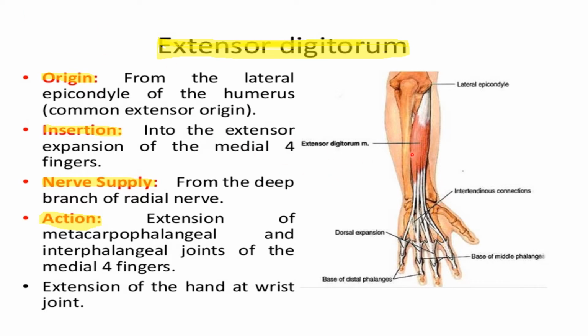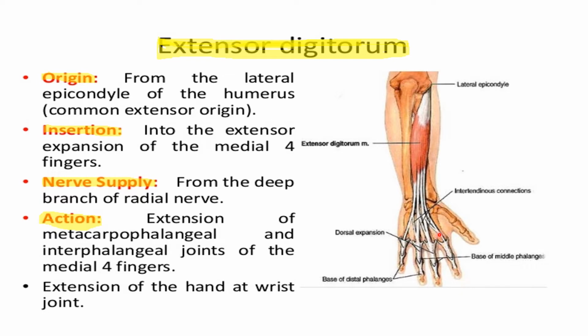Its four tendons join the tendon of extensor indicis. Here the extensor indicis is attached. Later I'll show you on the fifth finger, the little finger. These tendons of extensor digitorum join the tendon of extensor indicis and pass deep to the extensor retinaculum. Here the extensor retinaculum is attached, and they pass deep to it through the tendinous sheath of extensor digitorum and extensor indicis. The tendon is covered by connective tissue known as the common extensor synovial sheath.